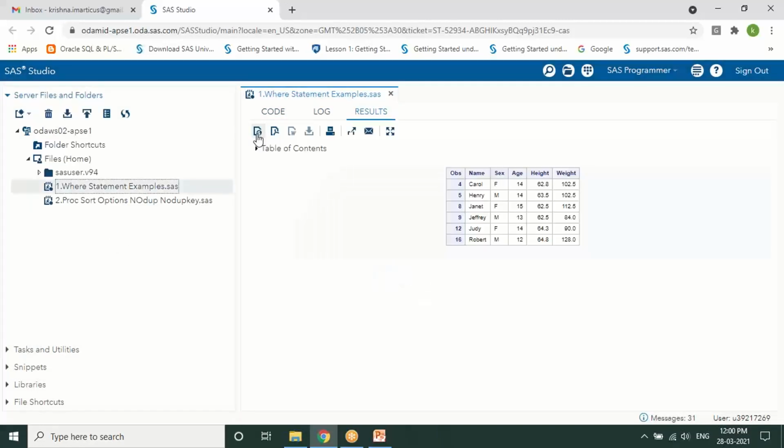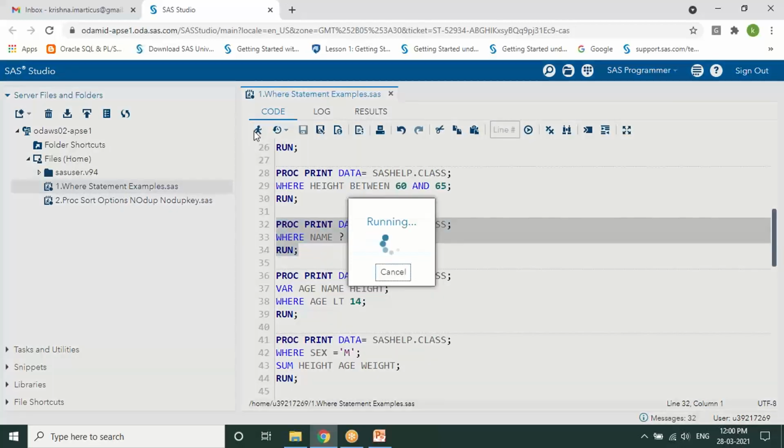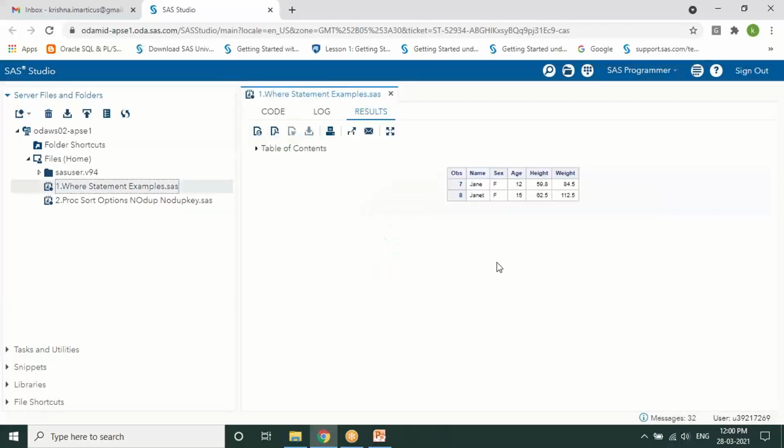The next is CONTAINS, with the question mark as its representation. Wherever you specify a substring value, all values containing it are displayed.